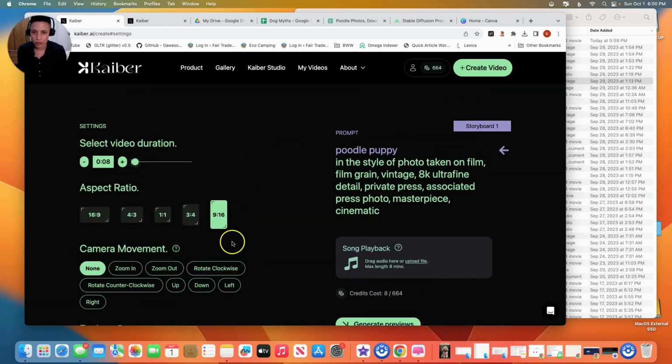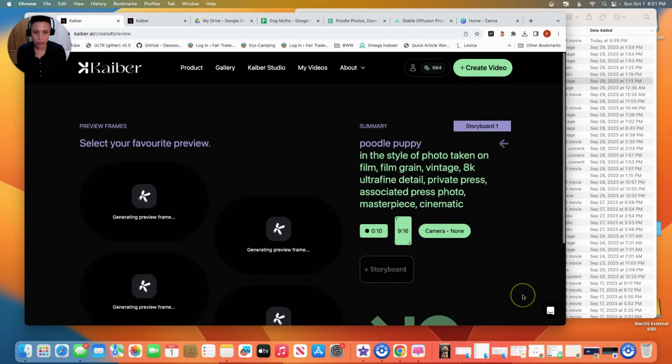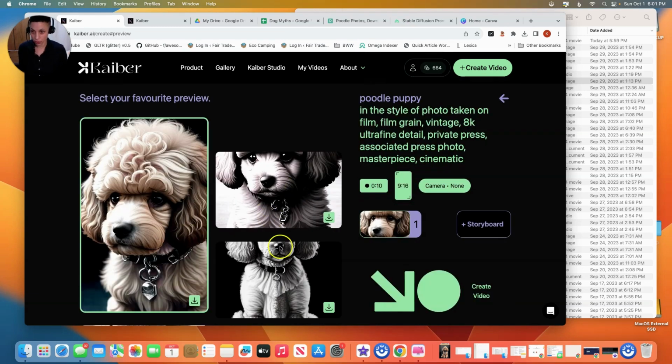We're making shorts. This is the right aspect ratio. I'm just going to increase it to like a 10-second long video. And it's basically 1 credit per second. So 10 seconds is going to cost about 10 credits. So now we're going to click generate previews, and it shows you what the video will look like before it actually makes it. If you don't like the look of it, you can go back and change your prompt. And if you like the style of it, you just select the image you like the most, and you click